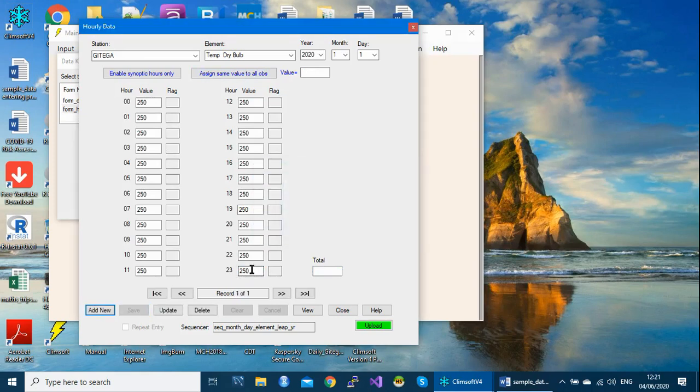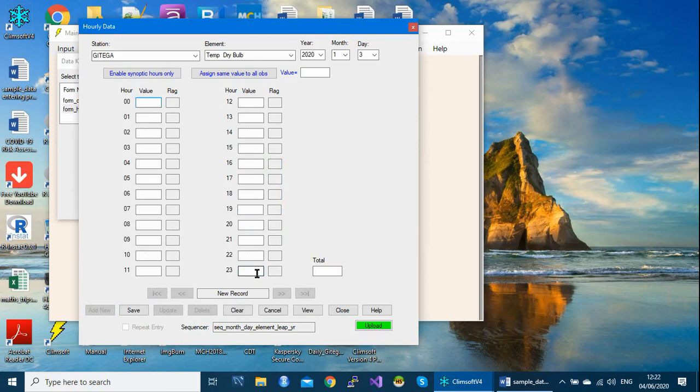By clicking add new, it will stay on the same element but bring the second day. Add new, you see, it brings automatically the second day. Let's say this is 230 on day 2. Save. When you click add new, it will bring the third day, but the same element.